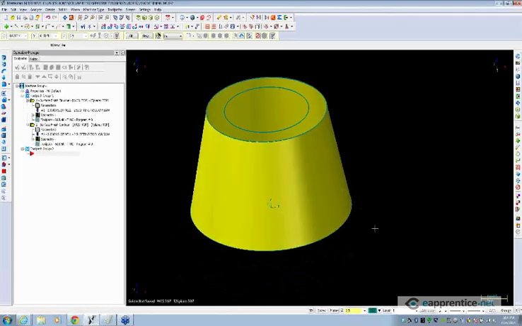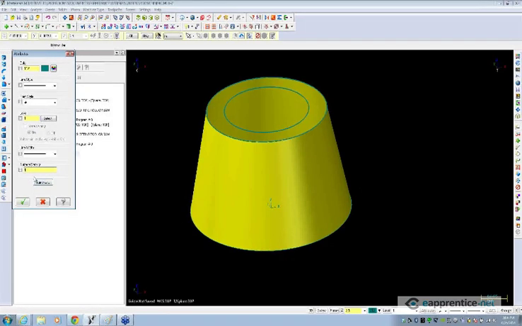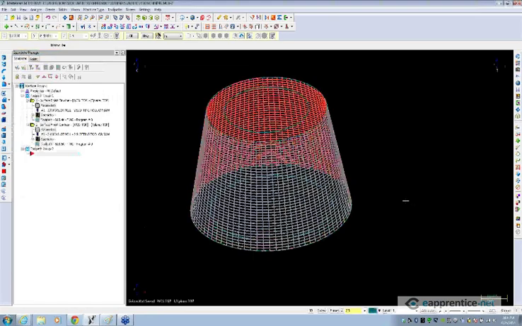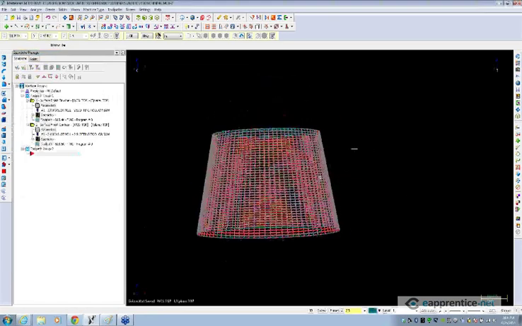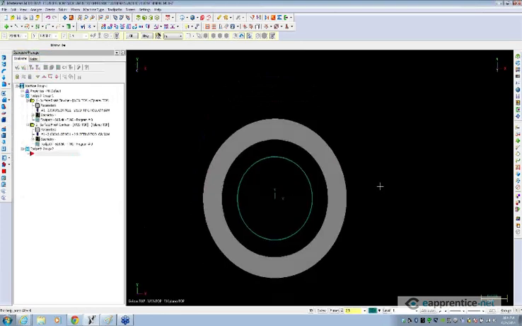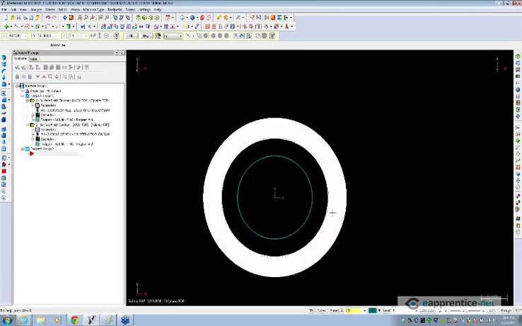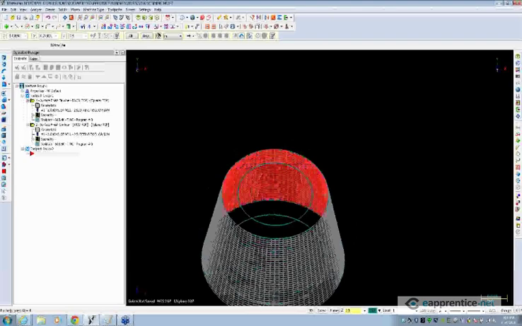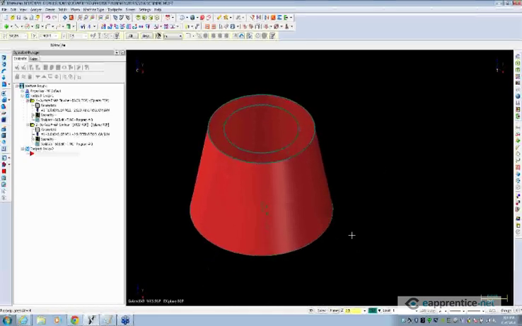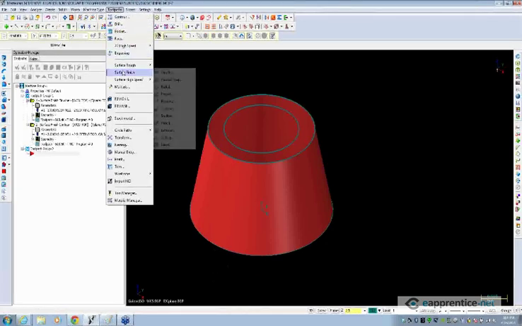If I want to see that a little bit better, I can also take the surface, I'm going to right-click on Attributes and change the surface density. And all that changes is the number of display lines in the unshaded mode. So here pretty clearly you can see, if we look from the top down, the normal of this surface is on the inside of the cone. So that's where we'll be cutting. All right, now that I've got that done, we're going to do Toolpaths, Surface Finish,